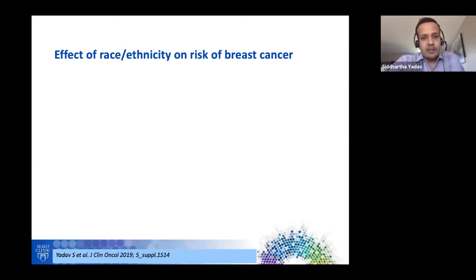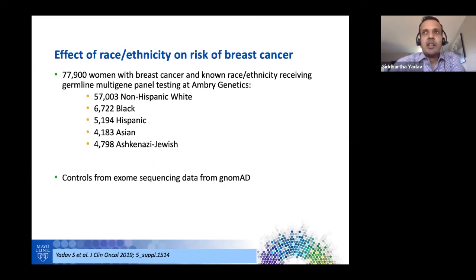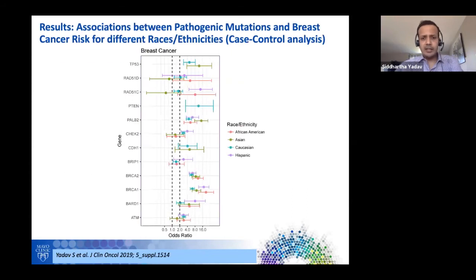Now let's look at the effect of race, ethnicity, and risk of breast cancer. Again using our partners at Ambry Genetics, we looked at 77,900 women with breast cancer in the United States, the majority of whom were white, but we had 6,700 Black women and 4,183 Asian women in this cohort. We did a similar analysis where we looked at controls from the general population, but race-matched controls in this case, again looking at odds ratios, which can be translated into relative risk because of the low frequency